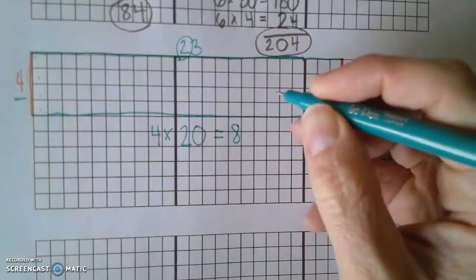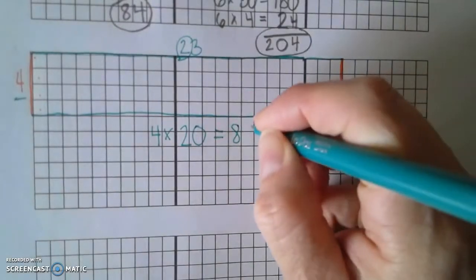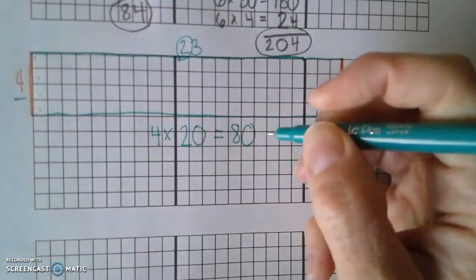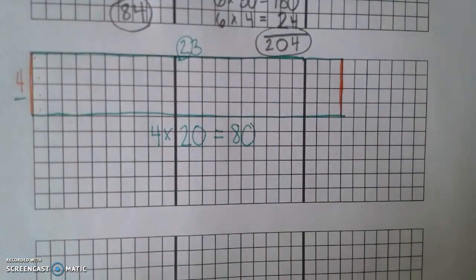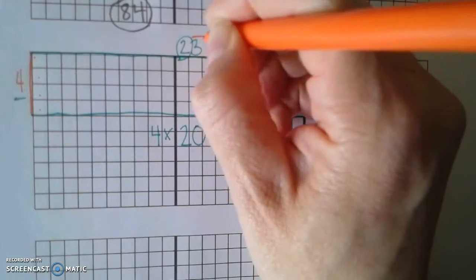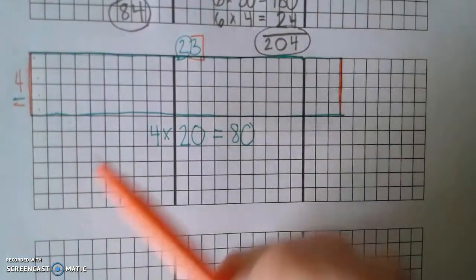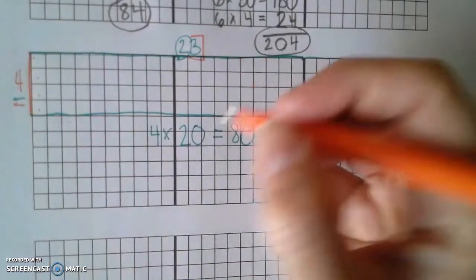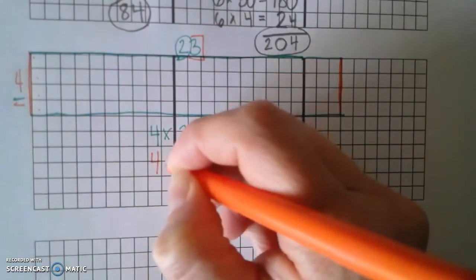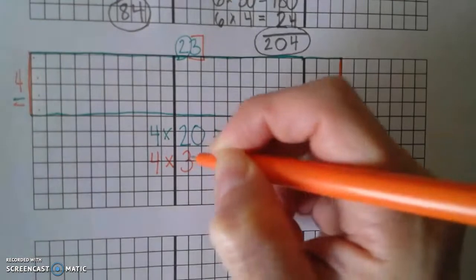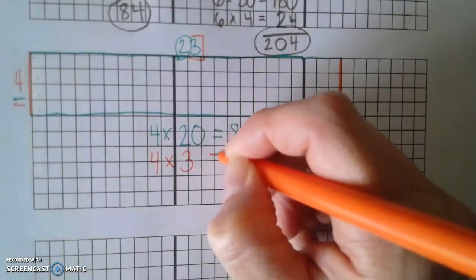And then I've got to add my 0 on, because it's a group of 10. Okay, now I go back, and I've got to multiply by my ones. Okay, so now it's 4. Always going to stick with the short side, multiply times 3, which is